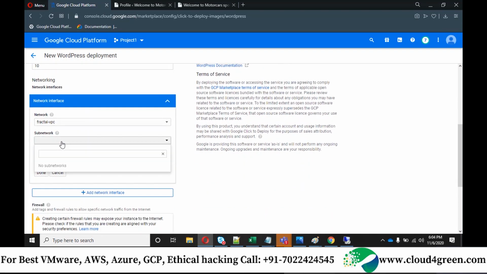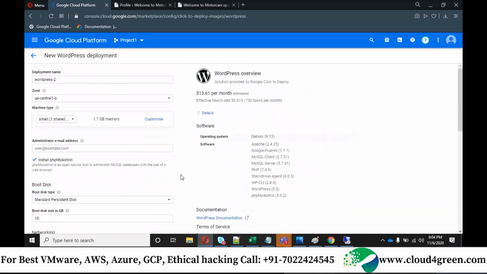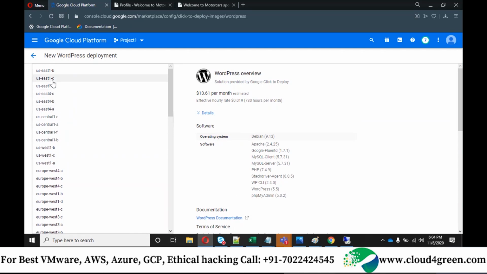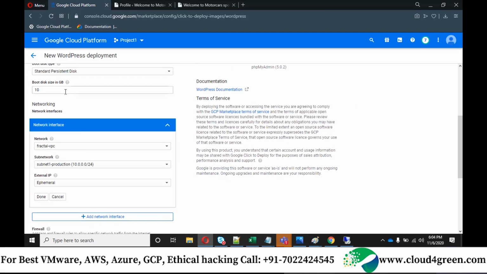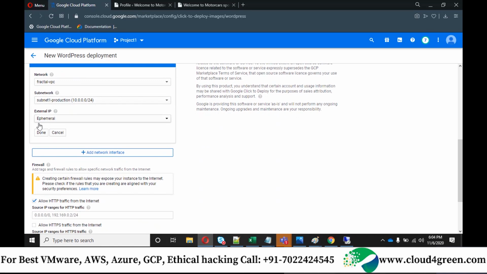Just click on that, select your subnet, and then click on done. There is no subnetwork. Because it's in central, put it in East US. Change this to East US. Sure, thanks. Can you see this? Yes, sir.